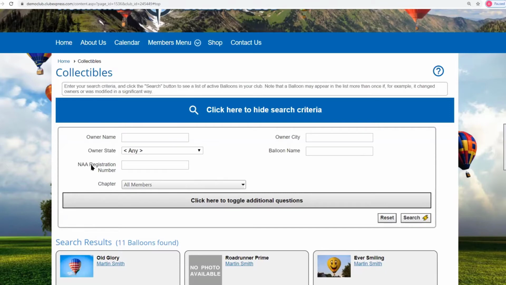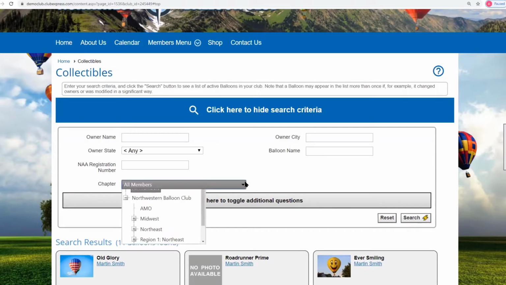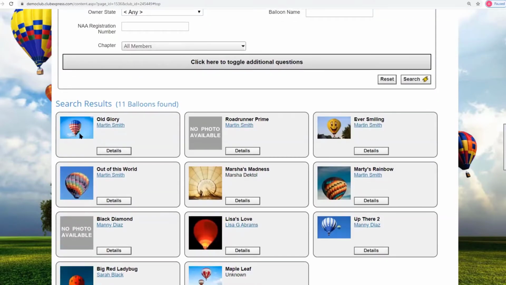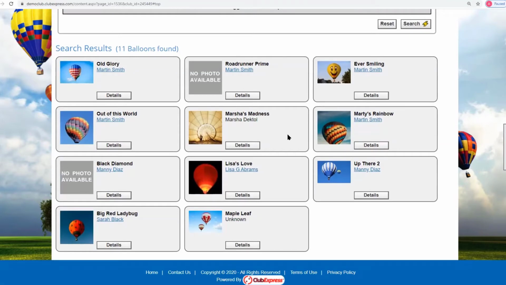And here's this thing called an NAA registration number, which I believe is the National Aeronautic Association. And you'll see how this was configured and why this was configured. But you can also limit by chapter and such if your organization uses chapters. Now, looking down here, let's look at this one here. If I click on details,